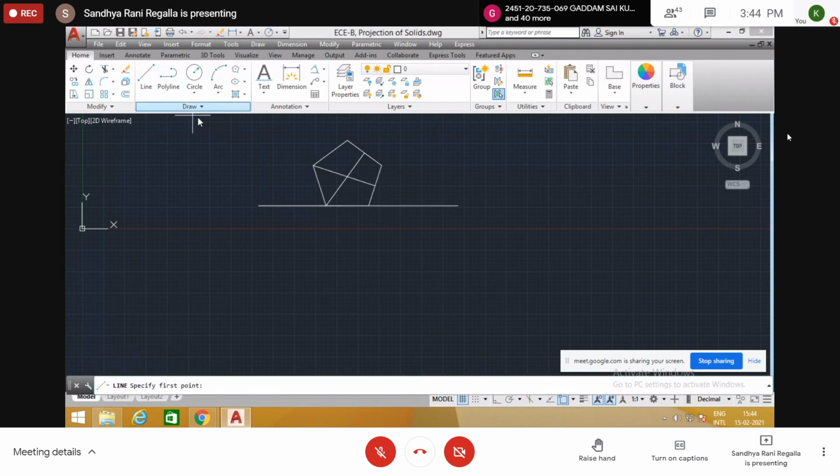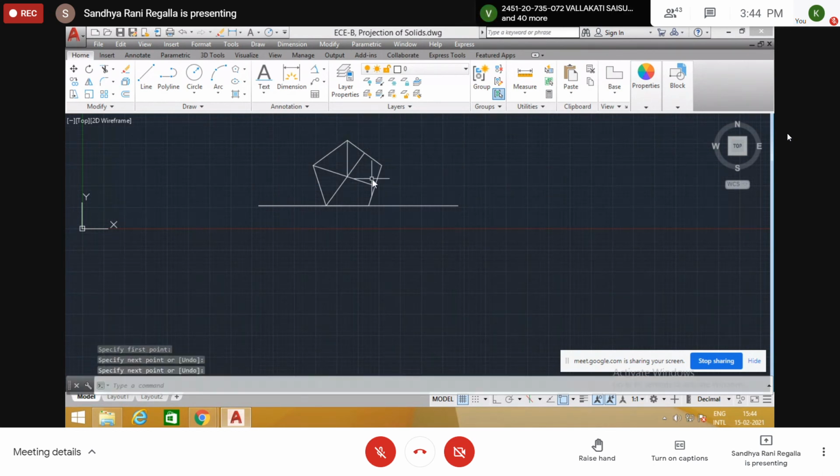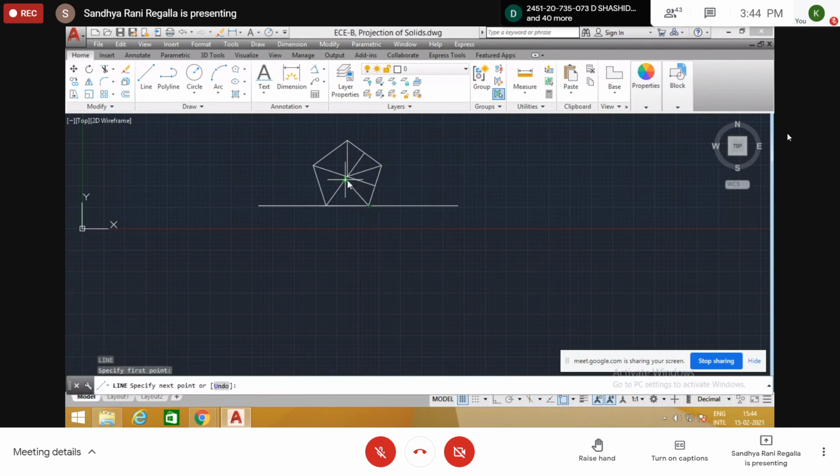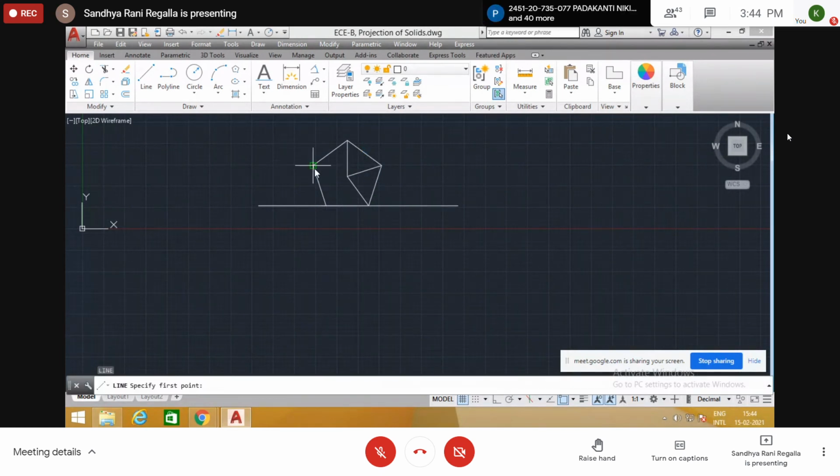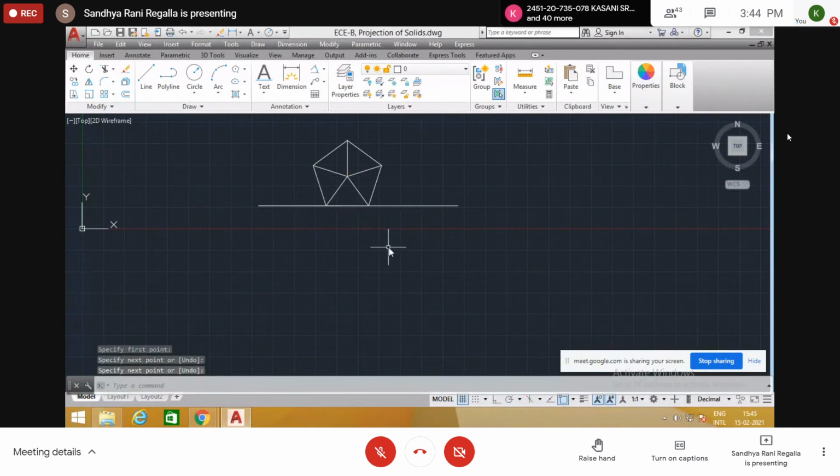So join the remaining lines with this apex. Like this. Pyramid, all triangular faces meeting at top.